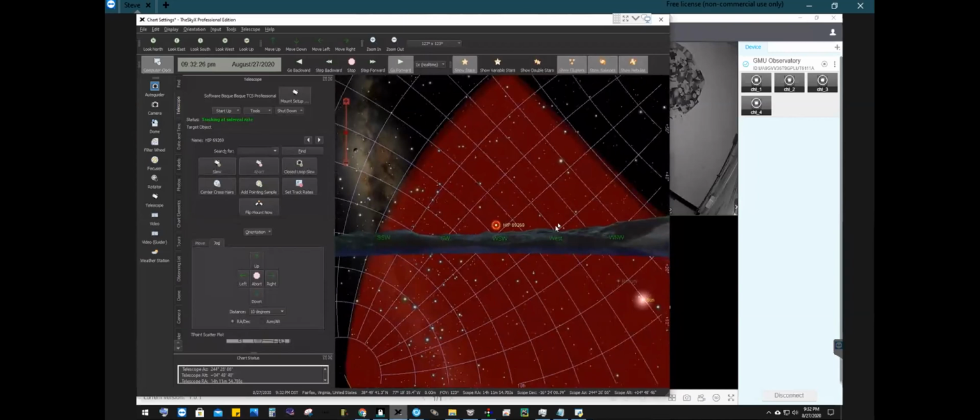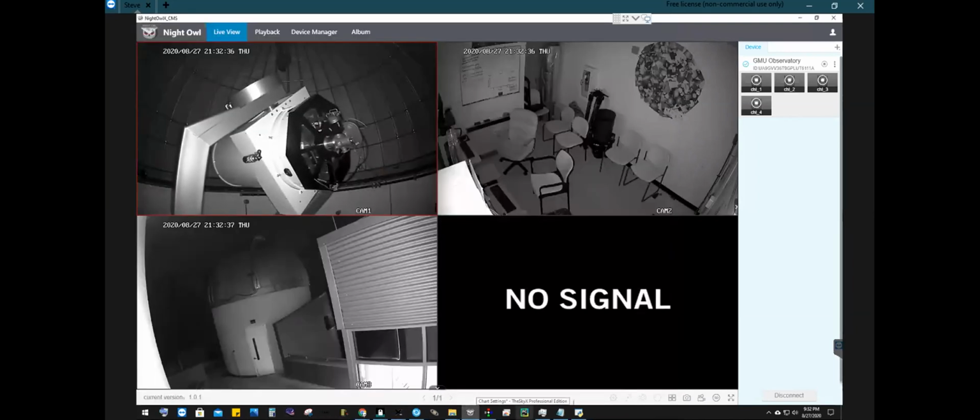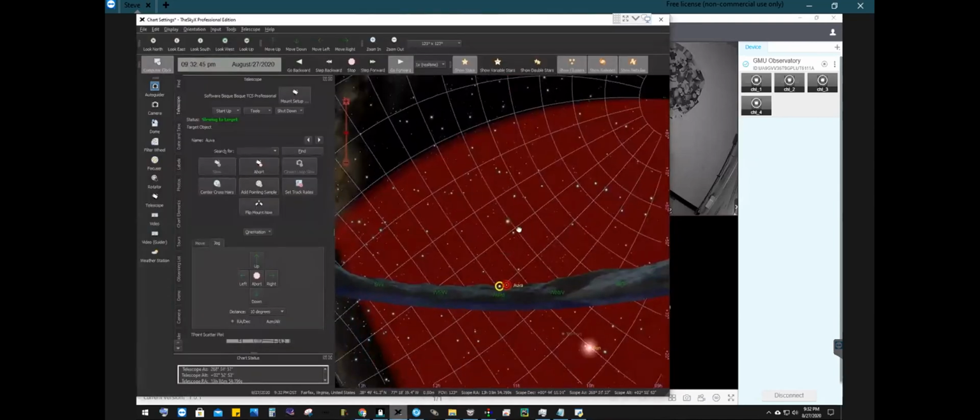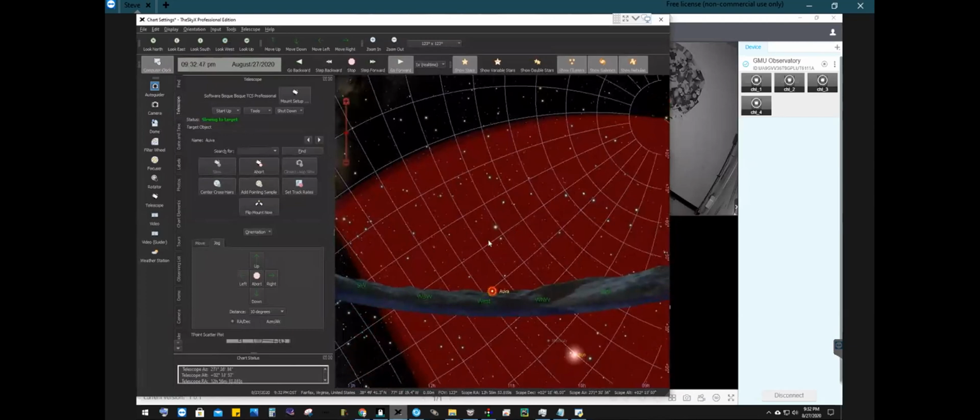So anyways, the software that you're looking at now is something called the SkyX. It's what we use to control the telescope. So it's very much a point and click kind of system. We can just click at some point on the sky. Let me just pull it up again right quick. So what we're looking at here is a projection of our local night sky. And if we want to just click on something like...